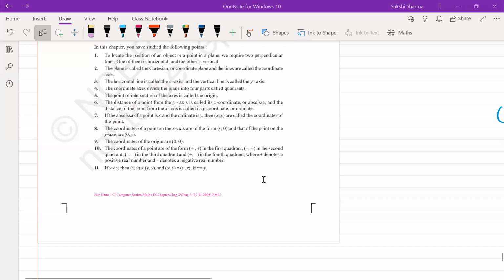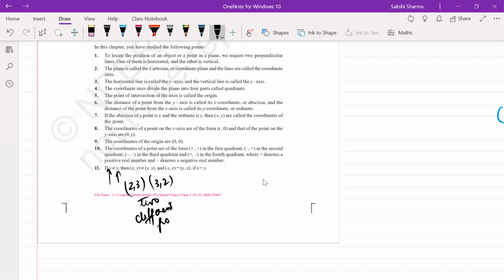It says if x is not equal to y, then we will say (x, y) and (y, x) are 2 different points. तो अगर आपके abscissa और ordinate की value different है यहाँ पे, x represents the abscissa and y represents the ordinate. If the abscissa and ordinate are unequal, then the points will be different. So that means if you have (2, 3) and you have (3, 2), these are 2 different points. Whereas (x, y) and (y, x) will only be equal if x is equal to y. So if x is 2 and y is equal to 2, then the point will be (2, 2), whether you write (x, y) or you write (y, x).